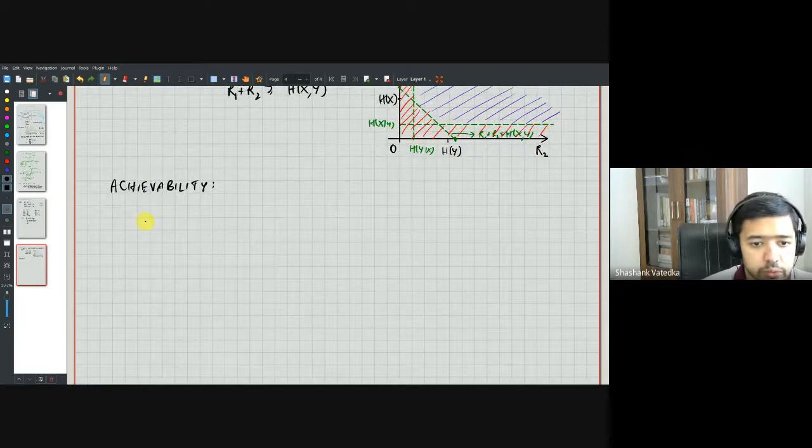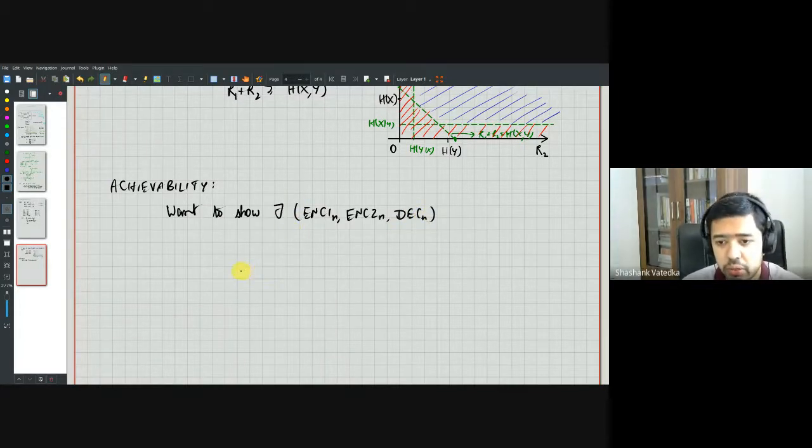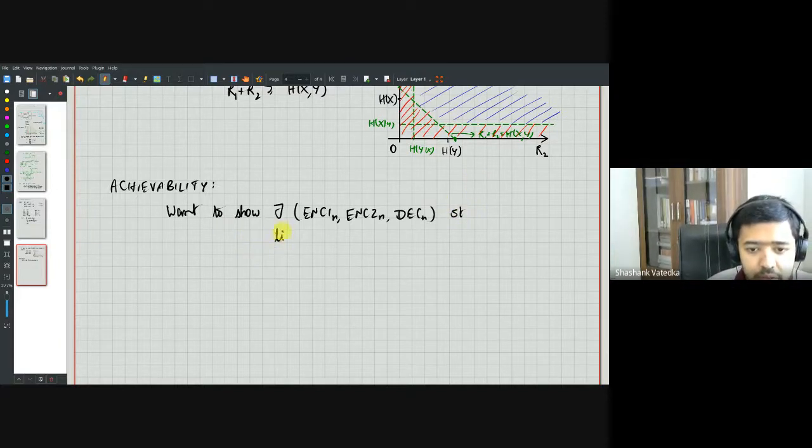So we want to show that there exist encoders and a single decoder, or basically a sequence of encoder 1, encoder 2, and decoder, such that the probability of error, in fact, we show that the limit of this probability of error is equal to 0,